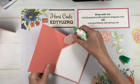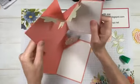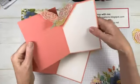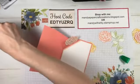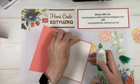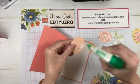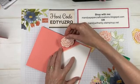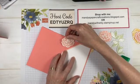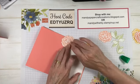So you kind of want it so that, if I show you on the back here, you've got movement in the pop-up. Sorry, not fun fold, in the pop-up. So I'm just going to add a little bit of glue along the bottom here of my flowers. And that's just enough to hold them. And I'm going to position the petals so that they are within,